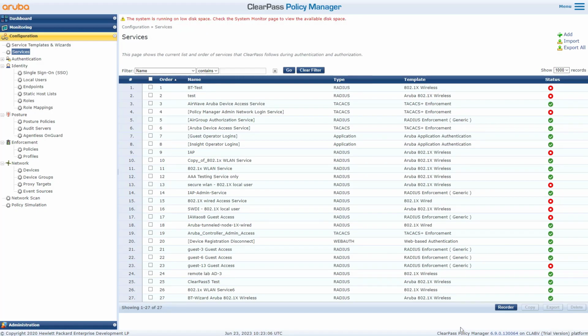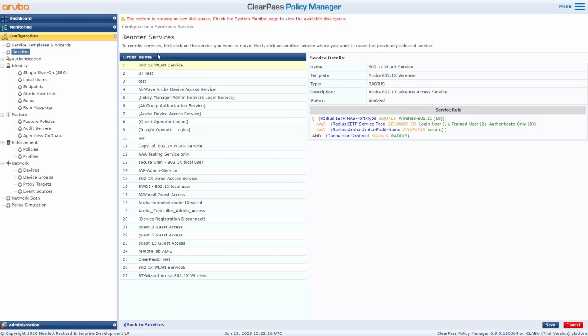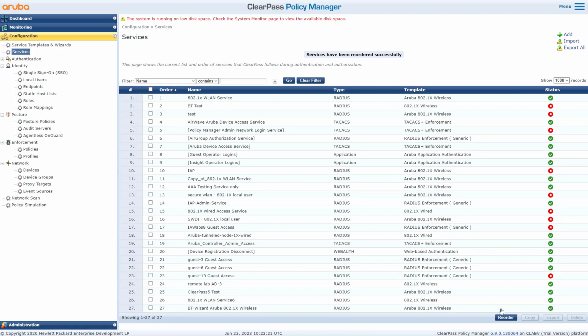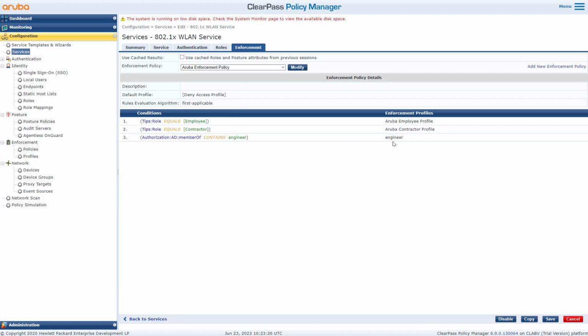So let's reorder to make sure that this service will take effect no matter what. So we're going to bring it up to the very top one. We're going to go reorder. This is our service. We go to the very top. I'm going to say save. So we saved it. It's at the very top. You can clearly see the enforcement policy says engineer. If we look at that policy,